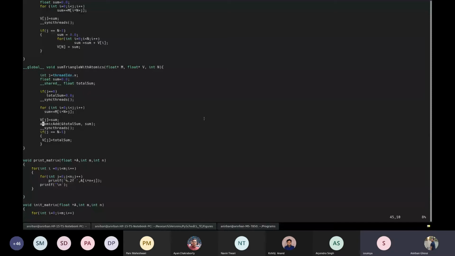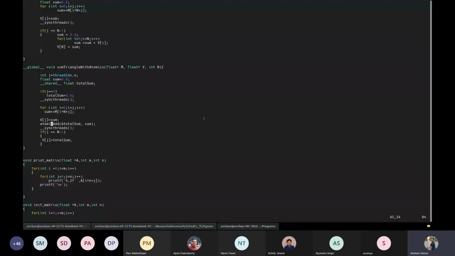Right. So essentially, atomic add takes in two arguments: the address of the variable in concern and the actual value that you want to add to that particular variable. Here you have atomic add, but if you go through the atomic instruction set in the CUDA programming library, there are lots of nice atomic operations already there, like exchange, swap, and correspondingly subtract.